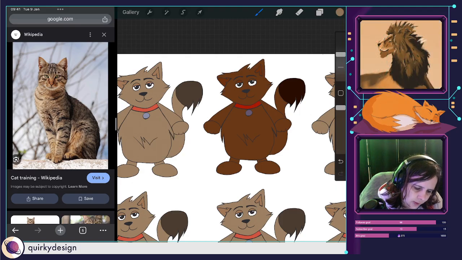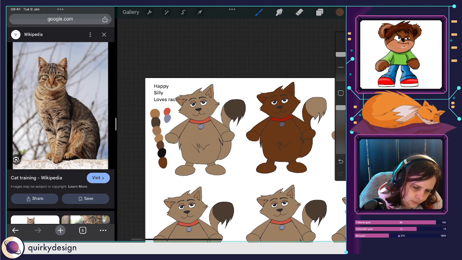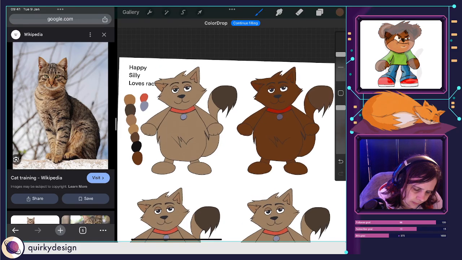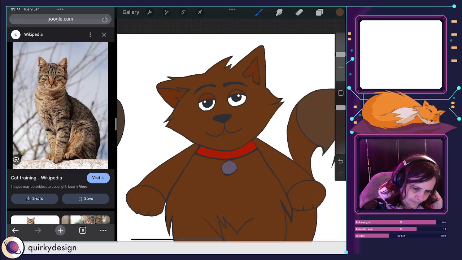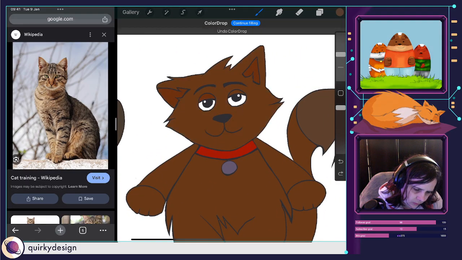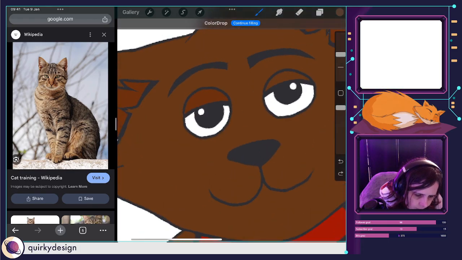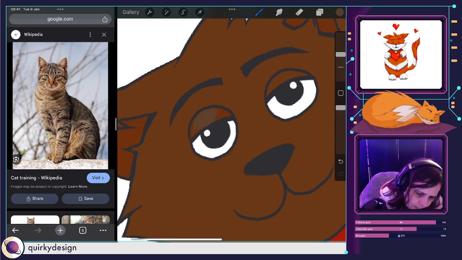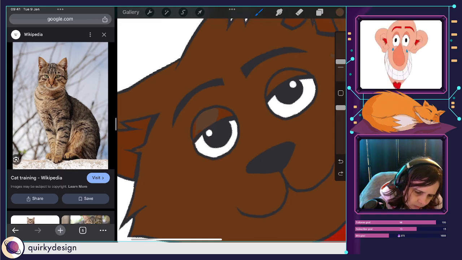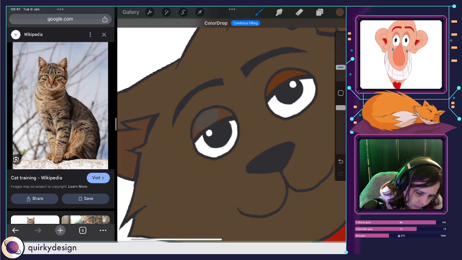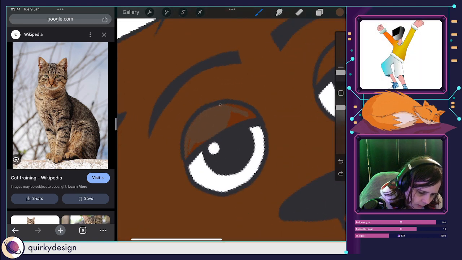I think I might do a reverse so his tail is lighter. I don't know why it's being weird with your eyes. Come on, you know I want a colour in the eyes.